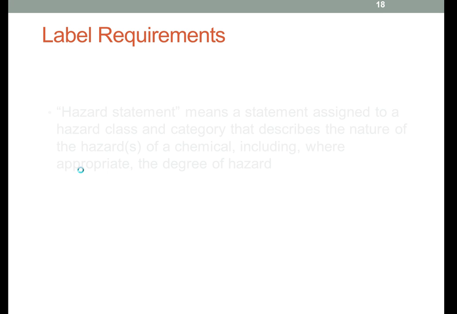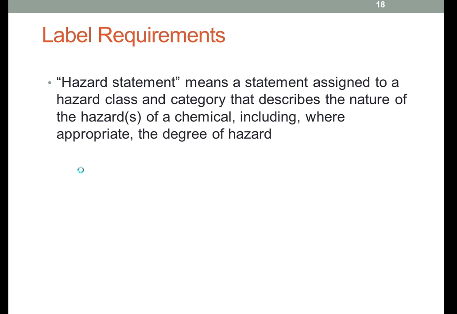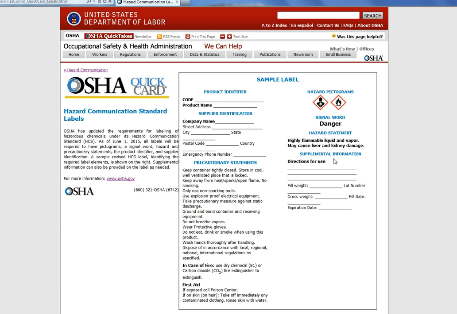And now we're going to talk about the hazard statement, which means a statement assigned to a hazard class and category that describes the nature of the hazards of a chemical, including where appropriate the degree of hazard. Example, fatal if swallowed, which is an acute oral toxicity. On our sample label from the OSHA Quick Card, the hazard statement: highly flammable liquid and vapor, may cause liver